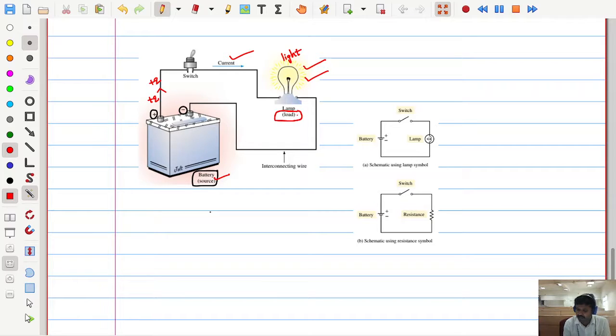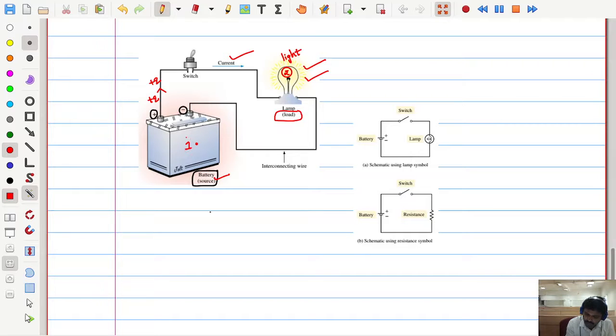Whoever takes the power, we can call that element a load. Whoever supplies the power, we can call that a source. Is this clear? In our circuit we will usually have two categories of elements: the object which supplies the energy, and the object which absorbs the energy. So the supplying element we call a source, the absorbing element we call a load. And there are some other things to make this function, so that energy will be transferred from one point to another point,